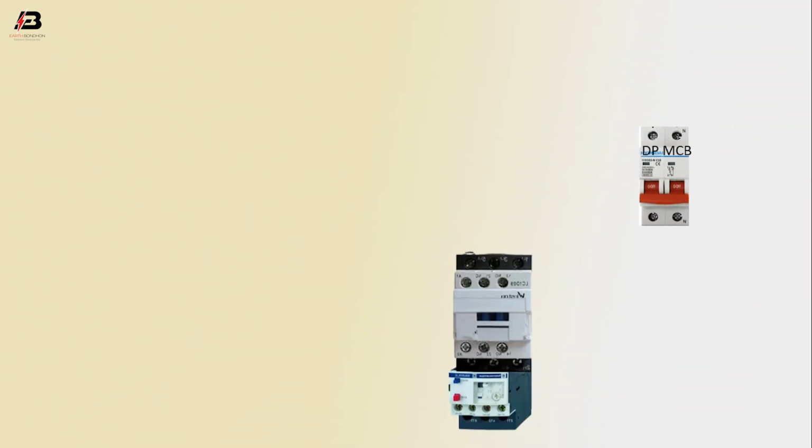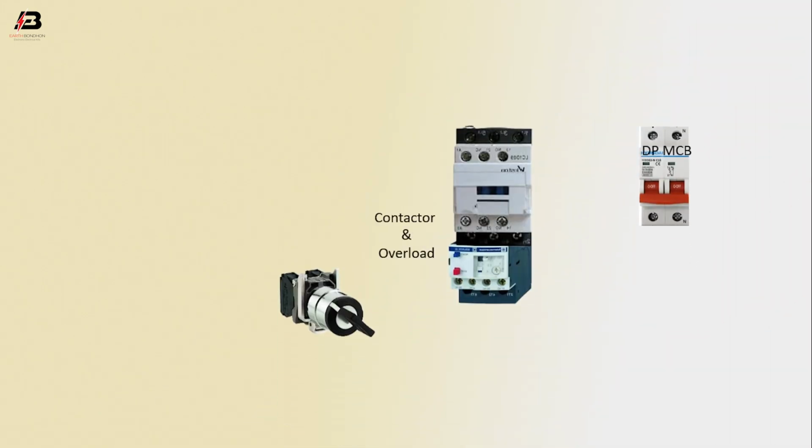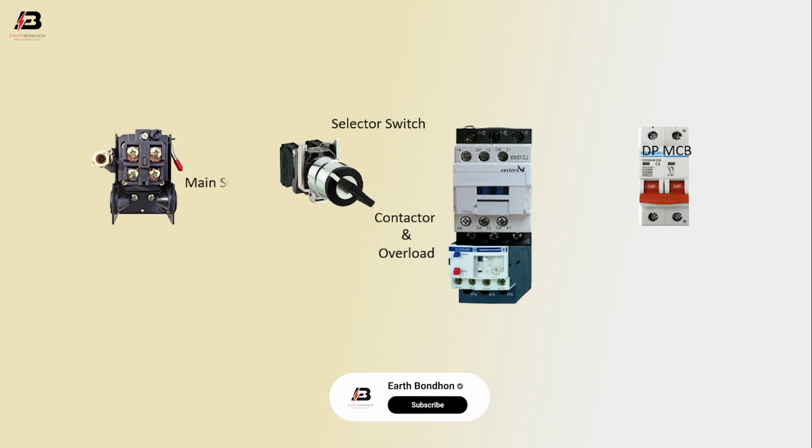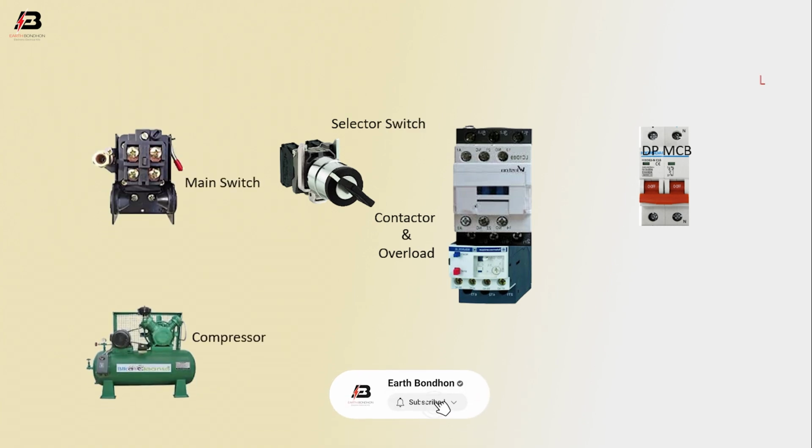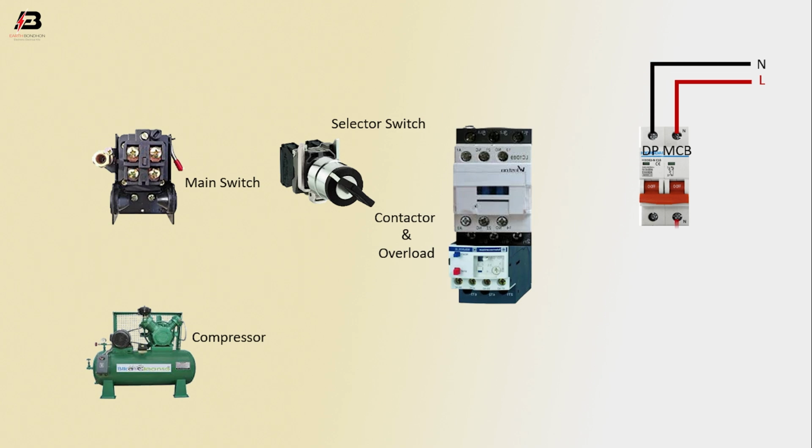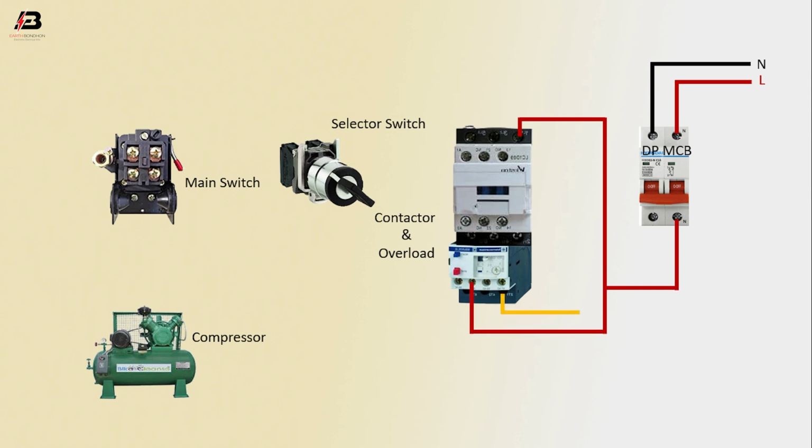So viewers, let's start. DP MCB circuit breaker, contactor and overload, selector switch, main switch, compressor. Phase connection to DP MCB, neutral connection to DP MCB, output phase connection from DP MCB to connect contactor, another connection to overload, output connection from overload to connect contactor, output phase connection from contactor to connect selector switch, output connection from selector switch